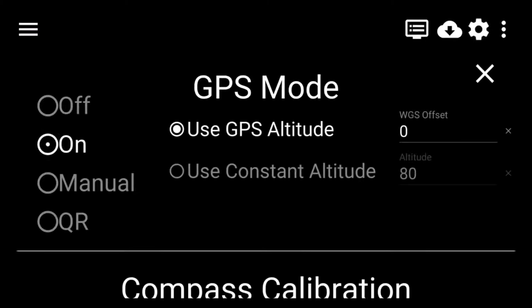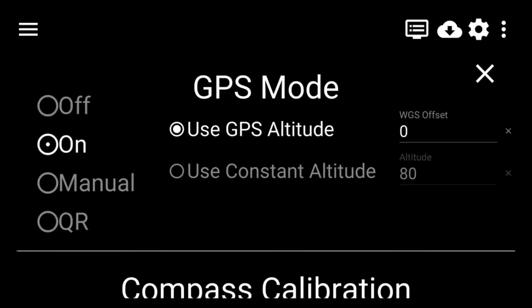Next option down is the GPS on. So this is going to use the GPS inside the device and position you according to the output from that. And it's usually decently accurate, particularly if you're in an area where you don't have an actual known coordinate position for more accurate instrumentation or anything like that.